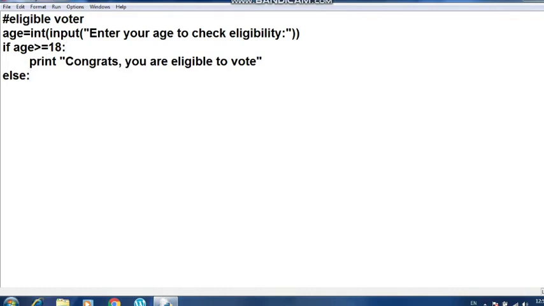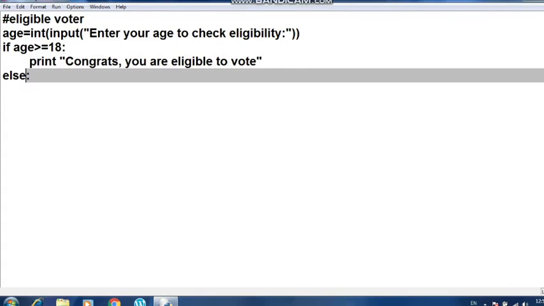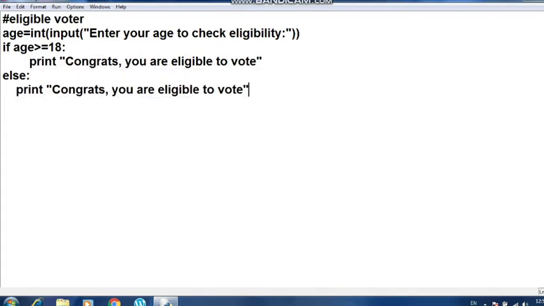So the statement to be printed is, I am going to copy it and then make the changes. I am writing here: sorry, you are not an eligible voter. Okay, so this is how it is going to work.